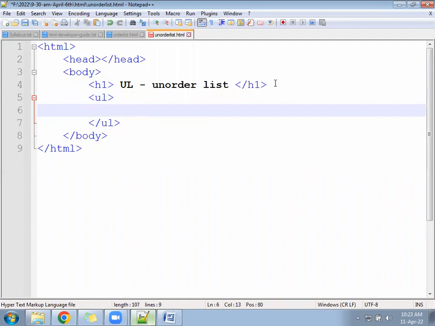Do you have any editor, Notepad++? You can create a file and just follow me. UL, okay. Inside the